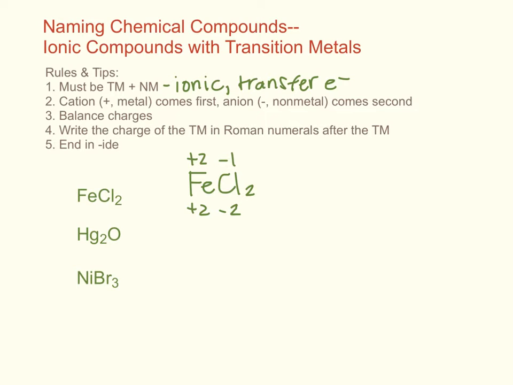So to name this, the trick in naming transition metals is that I have to communicate exactly what ion my transition metal is forming. So to name this, it's actually going to be iron, and to communicate what ion my iron is going to become, I need to write the charge of my iron ion in Roman numerals in parentheses. So this is iron 2, because my iron is going to have a +2 charge, so it's going to be iron 2